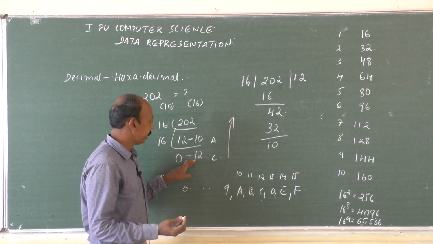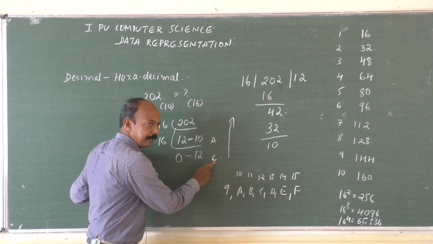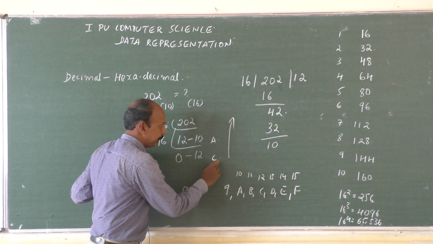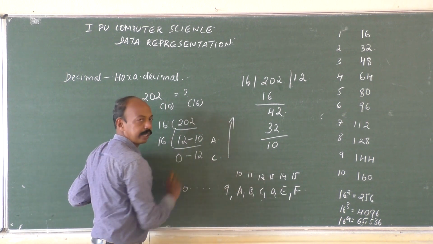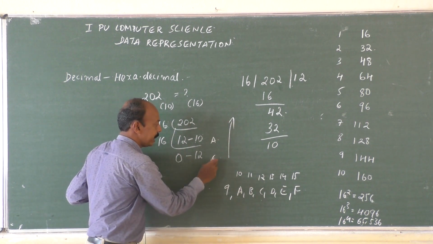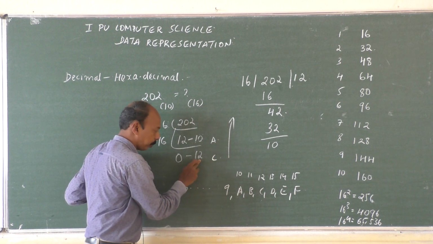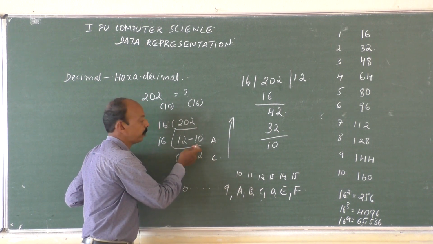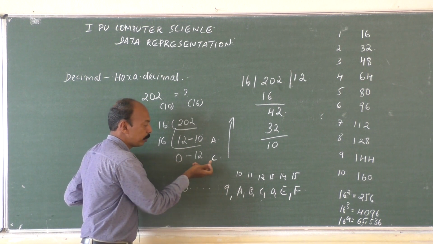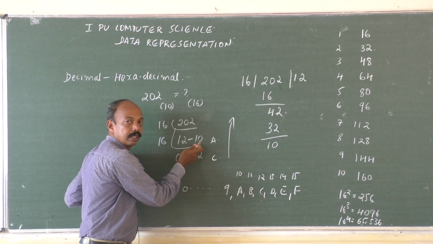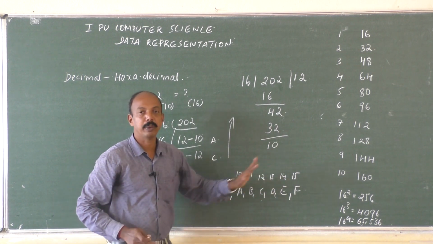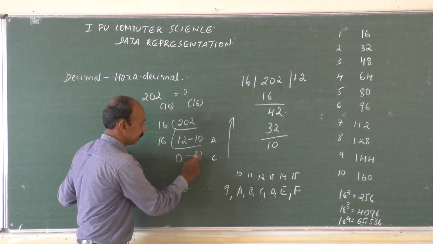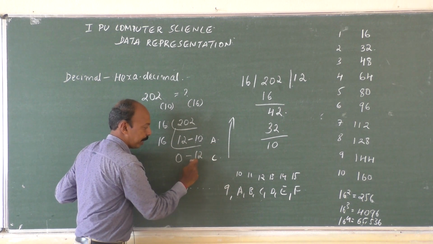So what we need to write here, which is MSB and which is LSB? This is MSB and this is LSB. In which order do we have to write? In this order we have to write. So what is that? C and E. Suppose here we have 12 and here we have some 5, then it will be C and 5. Conversion will be done only for the numbers from 10 and above. Right? So in this case, 10 is A, 14 is E, 12 is C.